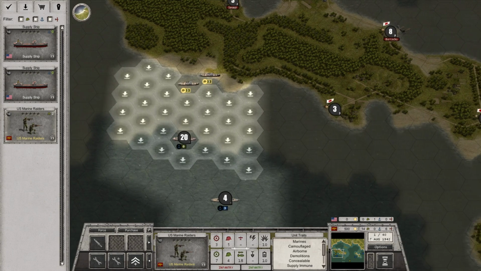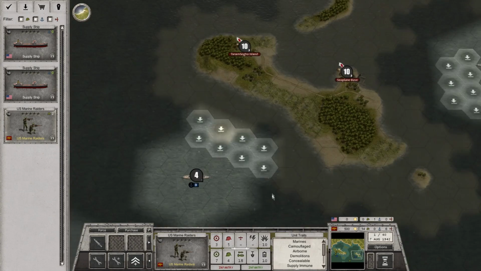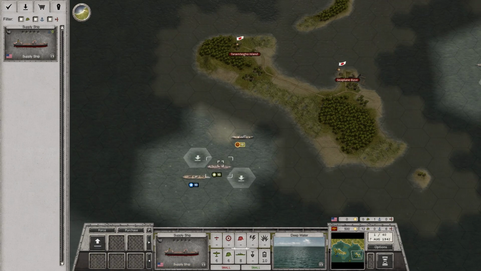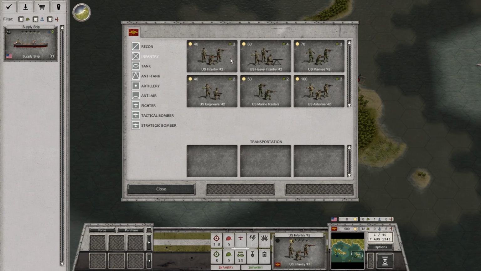Marine Raiders. I don't want to have to land troops and then re-embark them. That'd be kind of annoying. I wonder if I can purchase any more units. Let's see here. How much money do I have? Yes, Marines start with 500. Okay, so...